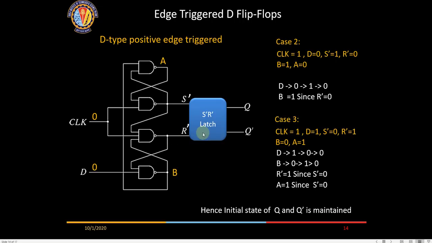In case 2, we are assuming that initially D is 0. So here we are taking a condition of clock equal to 1. The moment clock is equal to 1, we are assuming D has got latched, that is, during the clock going from low to high, the data of D has already been captured to Q. So D becomes 0, Q becomes 0. Now we are talking of a condition. During the positive edge of the clock, the D value has been captured to Q, and now after being captured, D is changing.